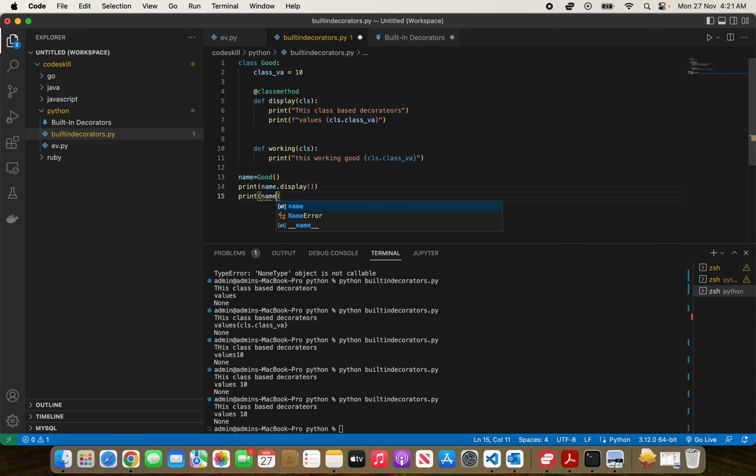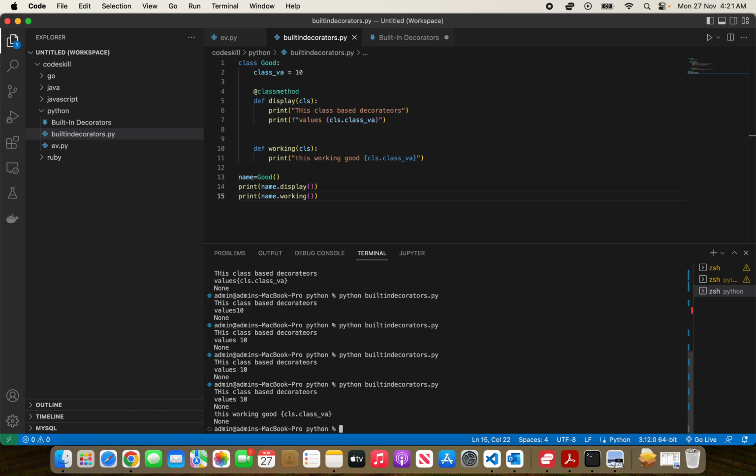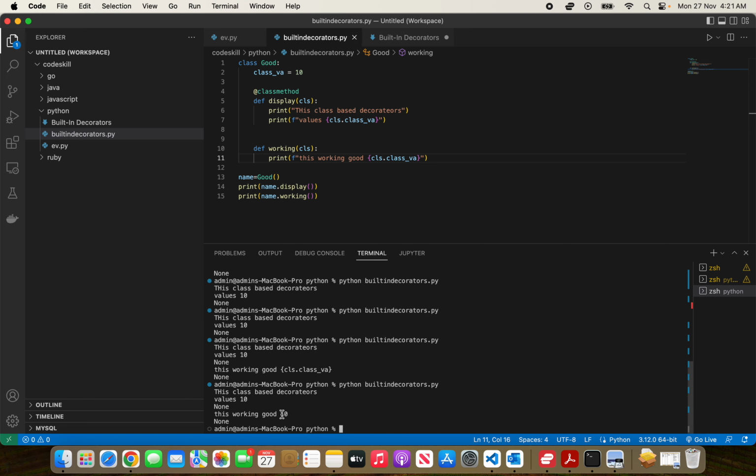Now I call another working function, so it will display the second values also. So for here, see here, 10 10, yes, 10 10. Here we call it directly, and for a class method we need to